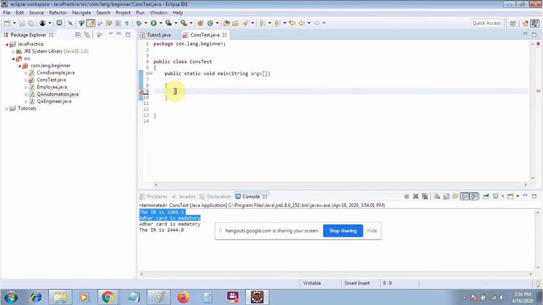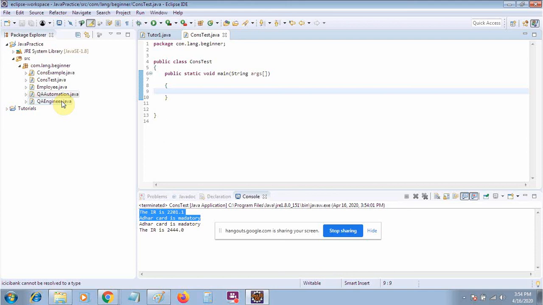In the previous tutorial, if you have seen my video about inheritance, I described that multiple inheritance is not allowed, although multilevel inheritance is allowed.